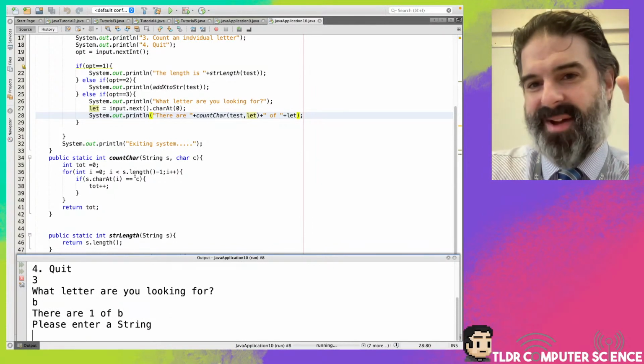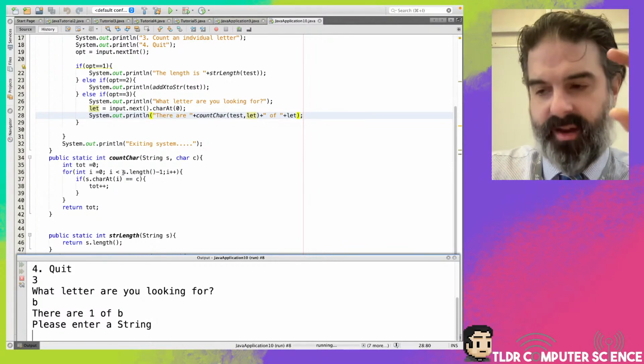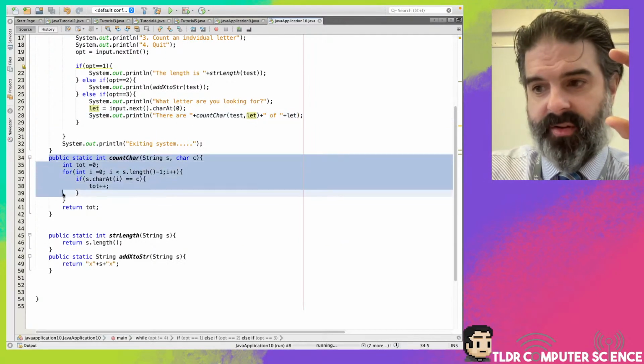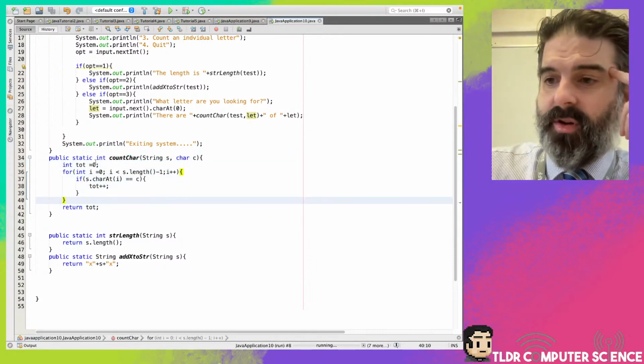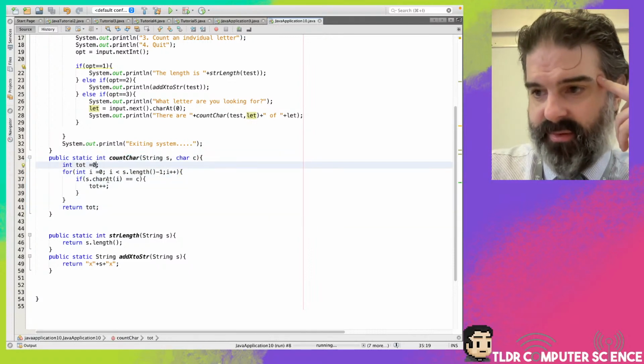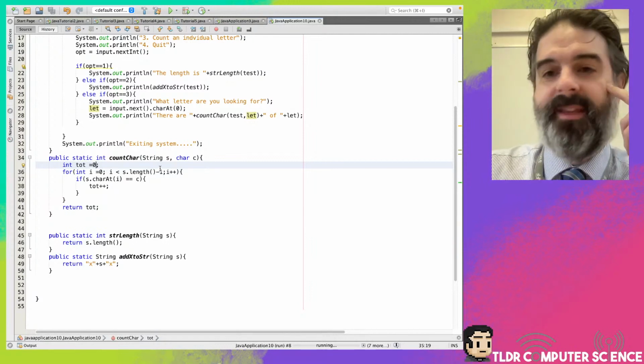but this is the nice thing about subroutines, okay? Because I've split my code up, now I can just focus on this area over here and see where the error might be. So total starts at 0. Every time where it's character I,